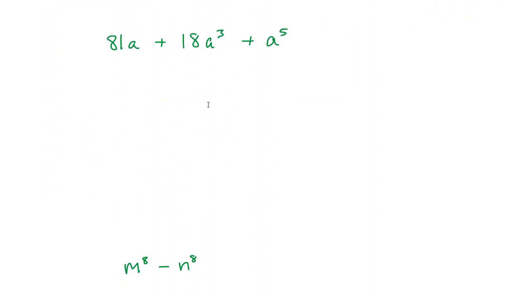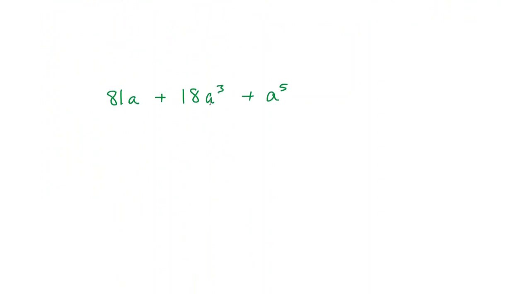All right, let's get back to brass tacks here. Let's do this one. Notice again we have a trinomial and it's out of order. It's going in ascending order, so from a to the first power to a to the third power to a to the fifth power, instead of our normal descending order where the powers decrease. Okay, so we might want to change that, and we can because the one that should be the first term